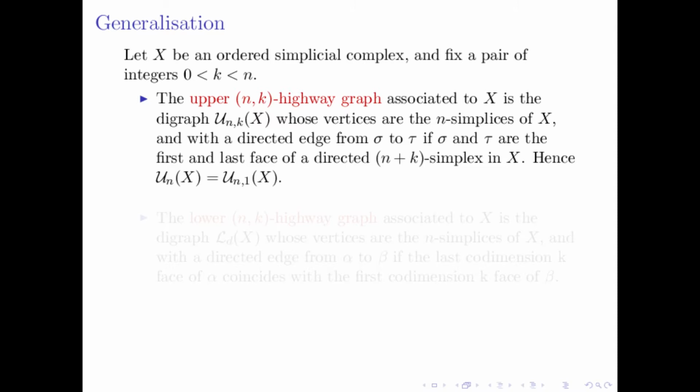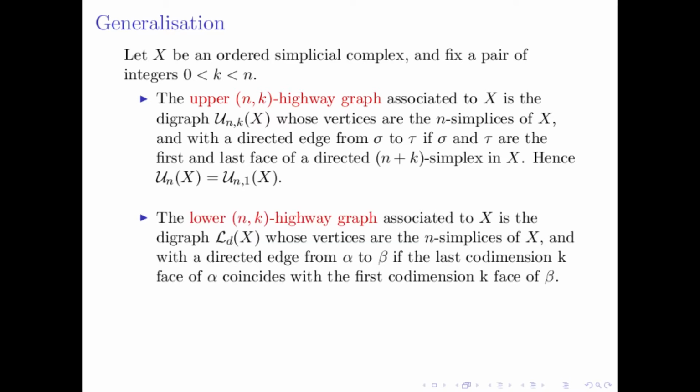Okay, so in particular, U_n X, the one I defined before, is just U_n1 of X. And similarly, the lower n,k highway graph associated to X is the digraph L_nk, whose vertices are the n simplices, with a directed edge from alpha to beta if the last codimension k face of alpha coincides with the first codimension k face of beta. And using this,